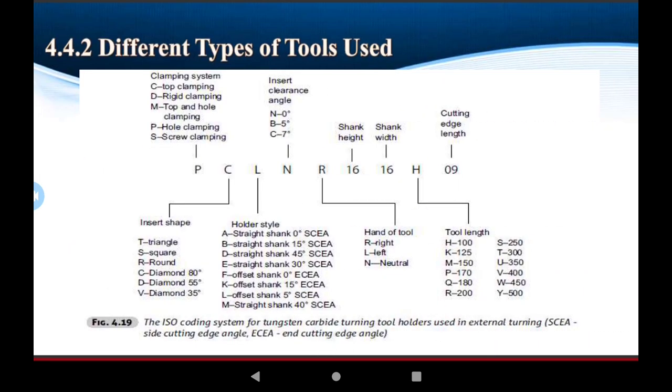the different types of the tools are used in the other command given for the command of the lathe machines and the CNC lathe machines, and this is the clearance system and the top clearance. This provided to the top clearance of the machine is the given for the command C, and the rigid clamping of the workpiece is holding for the workpiece given for the command is M, and holes